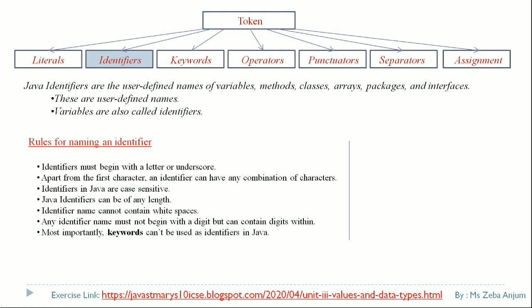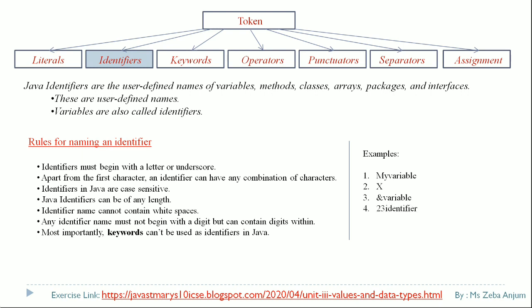The last one we have, most importantly, keywords cannot be used as identifiers in Java. Now keywords, we are going to see next, what are keywords. Those keywords are basically some special kind of words that have some special meaning to the compiler, and these keywords cannot be used as identifiers in Java. Now see examples, let us take first one, my variable, second one x, third one end variable,